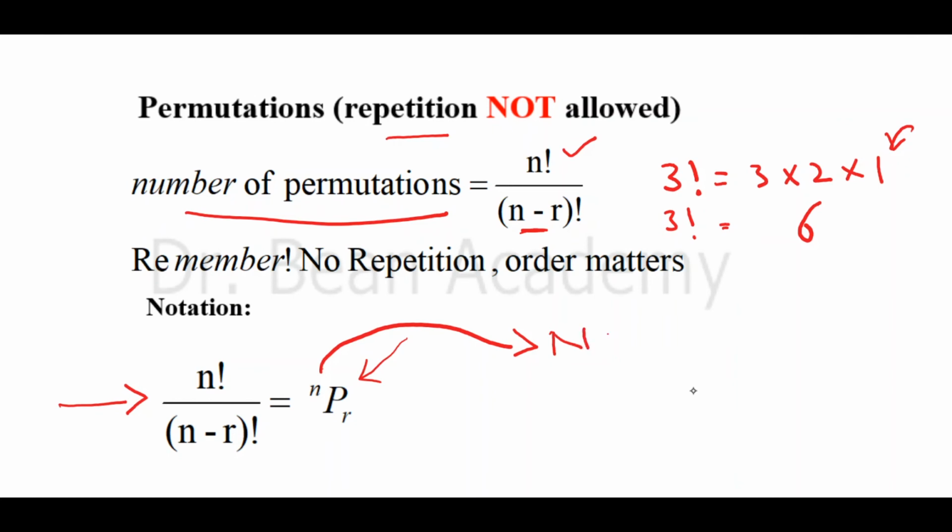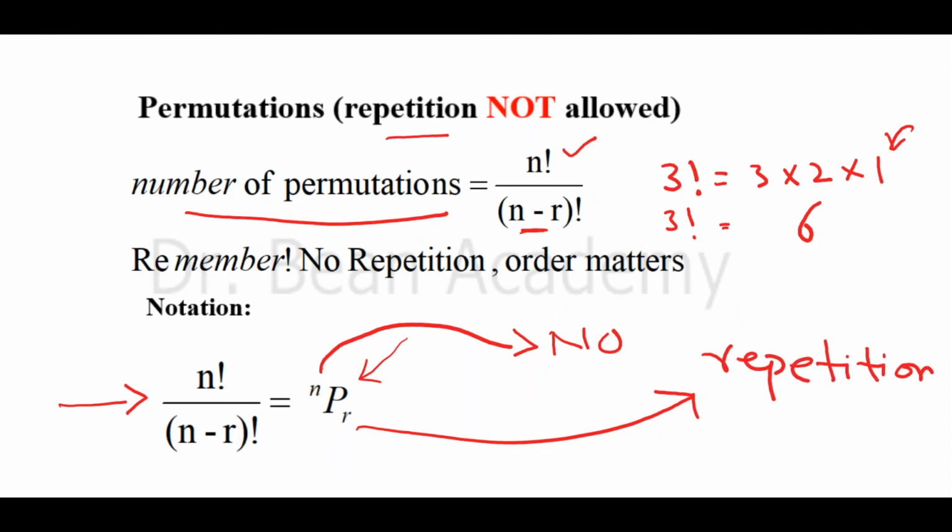If you assume that n is for "no" and r is for "repetition", it's easy to remember, right? Whenever you are dealing with a problem about permutations, P is there, and then they tell you that no repetition is allowed. So n is there and r is there, no repetition. Your scientific calculator must also have this built-in function, so you can do it with just a few clicks. nPr. So whenever you are dealing with a problem about permutations where repetition is not allowed, always use this formula nPr.